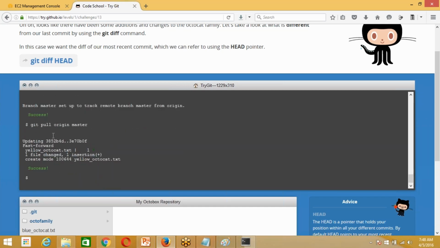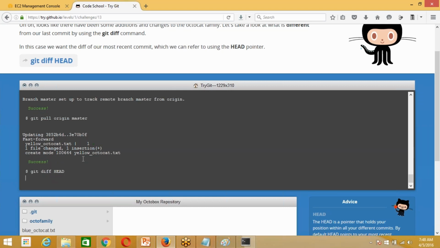Yeah. So we got a few files, like one file, yellow octocat.txt, which was not with us. Now we have downloaded this file from the Git repository. Now git diff.